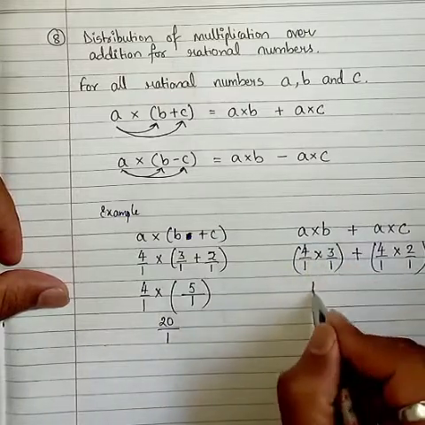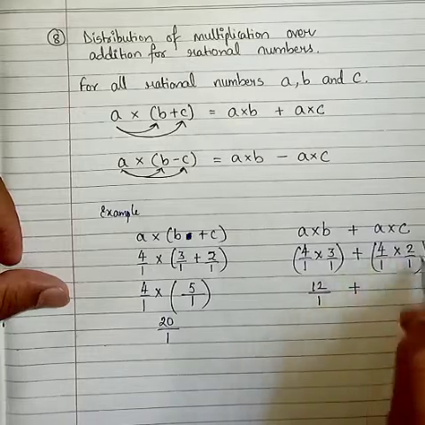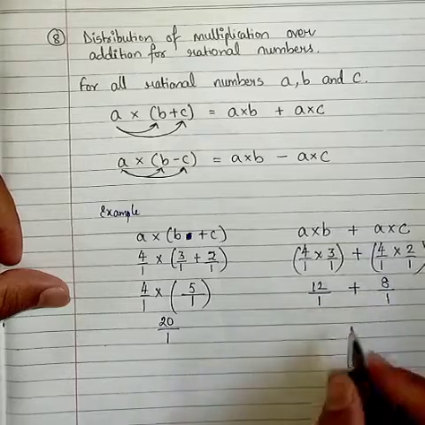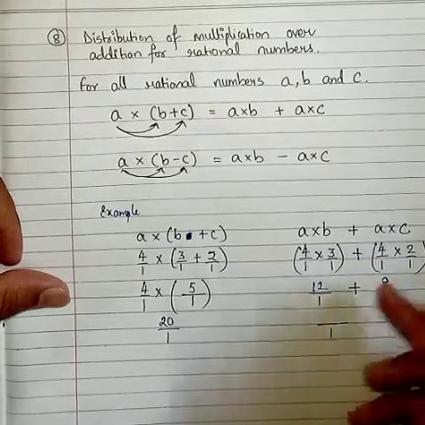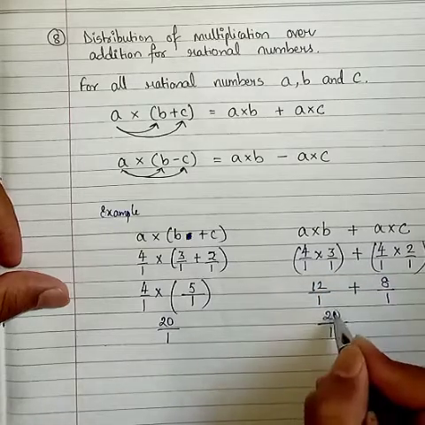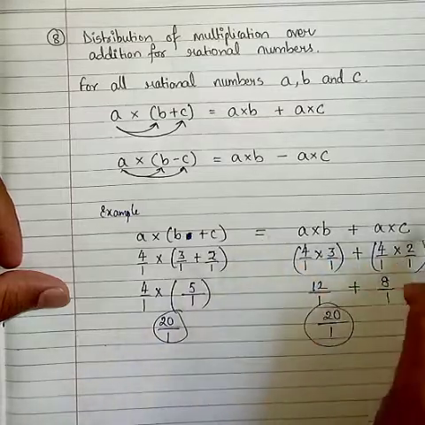यहाँ क्या हो रहा है, यहाँ पे हमें पहले ये ब्रैकेट सॉल्व करना है, 4 3 ज़ा 12, 1 1 ज़ा 1, प्लस यहाँ ये ब्रैकेट सॉल्व करना है, 4 2 ज़ा 8, 1 1 ज़ा 1। सो डिनोमिनेटर पार्ट सेम है, एडिशन करना है, सो क्या होगा 12 + 8 20। तो मैंने यहाँ देखा मेरे दोनों रिजल्ट जो है वो सेम आ रहे हैं। इसका मतलब कि ये जो डिस्ट्रीब्यूटिव प्रॉपर्टी है